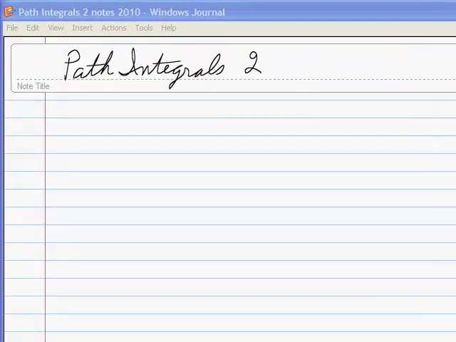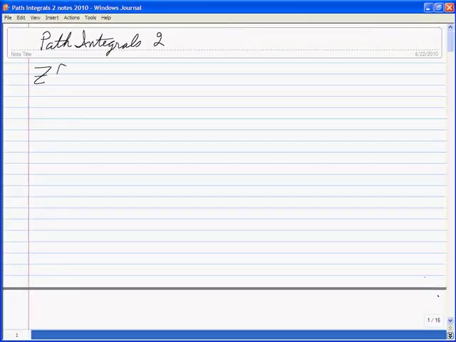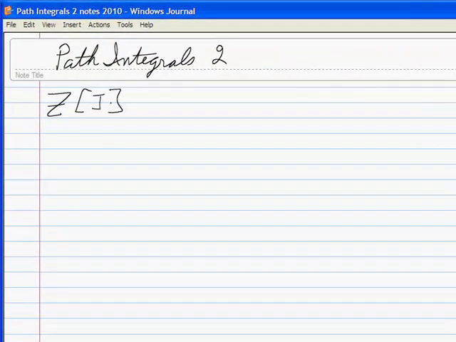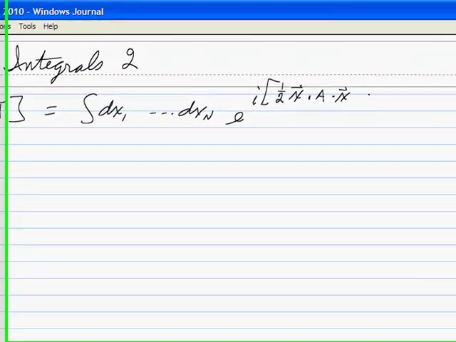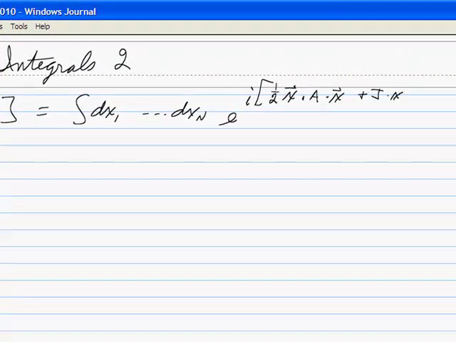All right, so what we were doing at the end of last time was setting up the path integral functional methods. And there was an integral that we had there, which is the integral dx1 up to dxn of e to the i (1/2 x dot a dot x, so that means summed over all the indices there, we make a summation) plus j dot x, again, the summation involved. And that equals